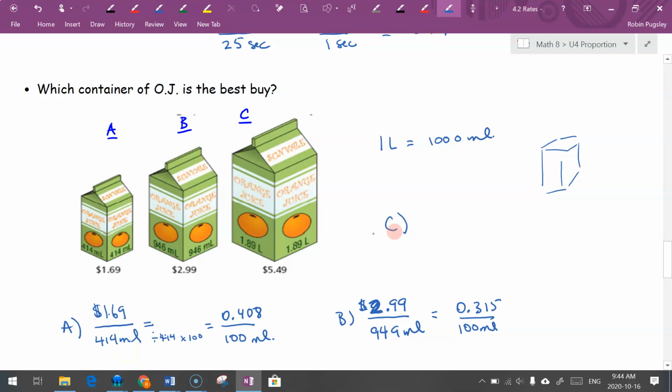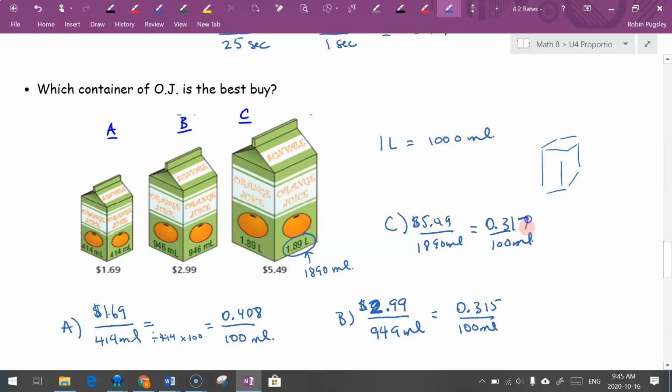And let's take a look at C. This is in liters and those are in milliliters. So we have to first change this to milliliters by multiplying by 1,000. So when we multiply that by 1,000, we have 1,890 milliliters. So we're going to have $5.99 per 1,890 milliliters. And again, we want to find out how much per 100 milliliters. So I'm going to take my $5.99, divide it by 1,890, and then multiply it by 100, and I get